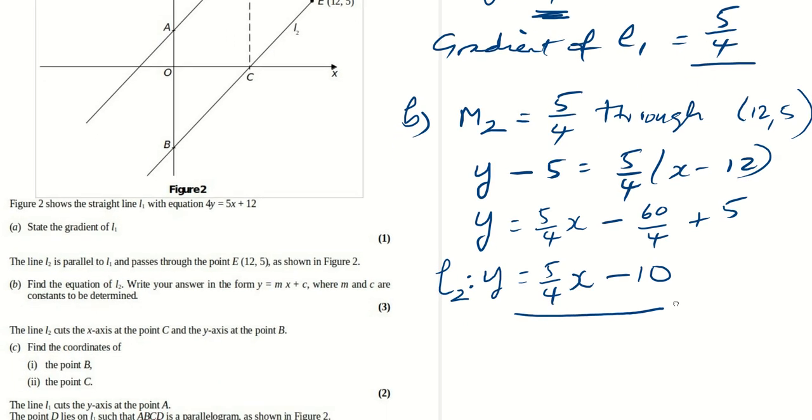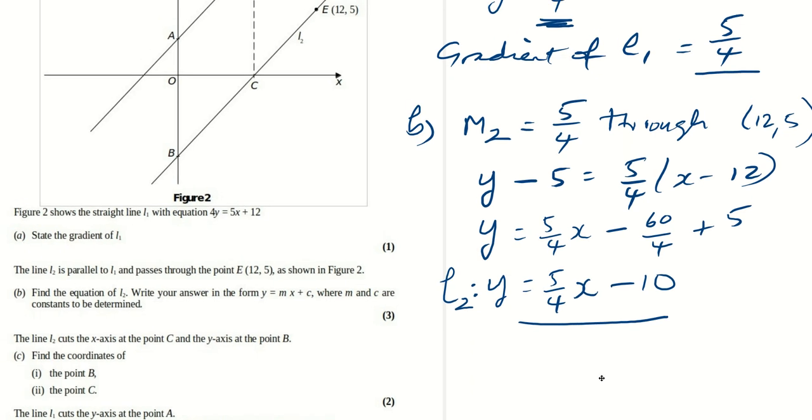Right, now the line L2 cuts the x-axis at the point C, and it shows us the point C is here. Okay, and it tells us that it cuts the x-axis at the point C, and it cuts the y-axis at the point B. And we've got to find the coordinates of those 2 points. So, part C,